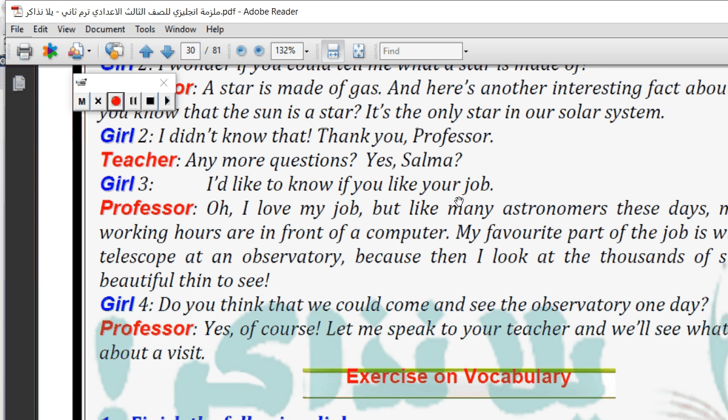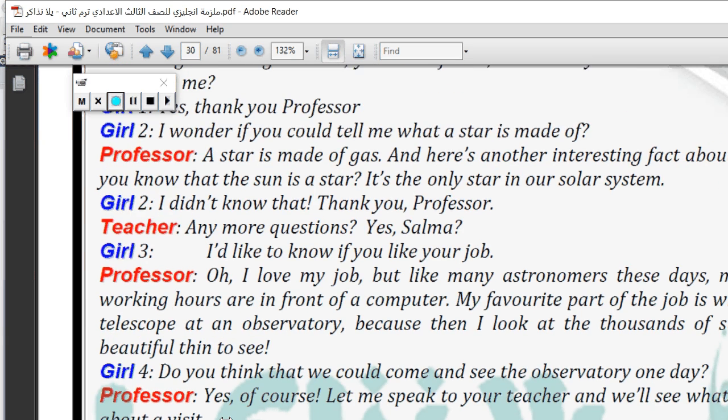My favorite part of the job is when I use the telescope at an observatory, because then I look at thousands of stars. It's a beautiful thing to see. Girl number 4: Do you think that we could come and see the observatory one day? Professor: Yes, of course. Let me speak to your teacher and we will see what we can do about a visit.